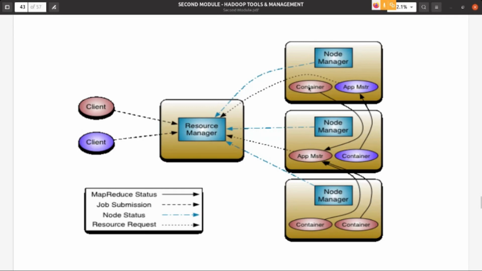It will allocate the computing resources: CPU, memory, hard disk, network, whatever is required. That is what a container is.